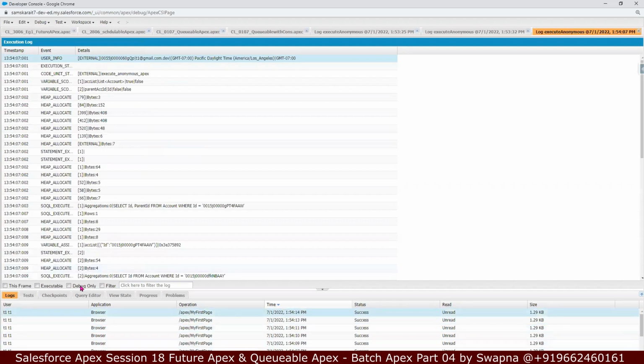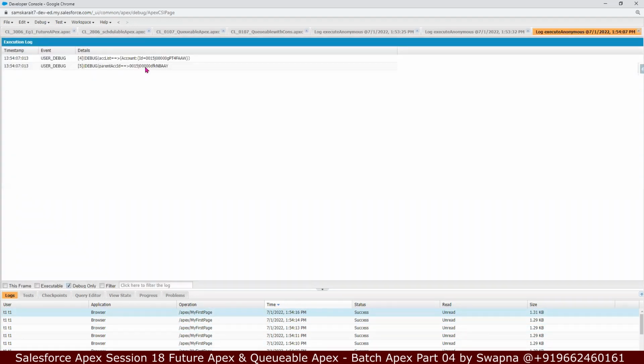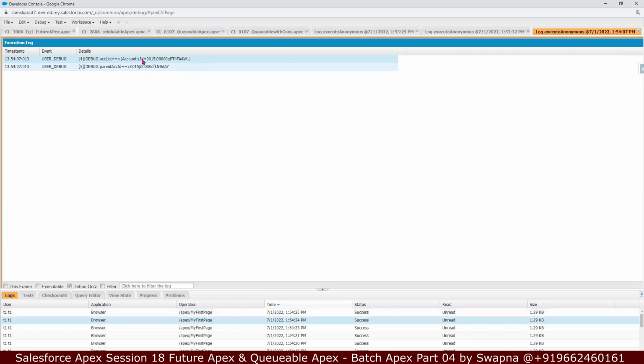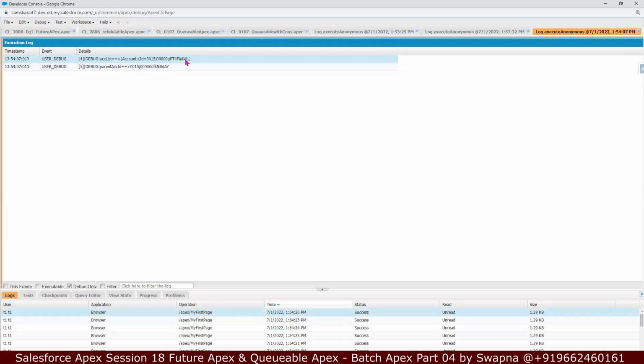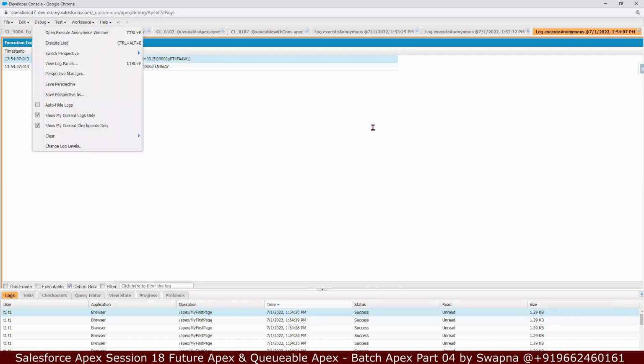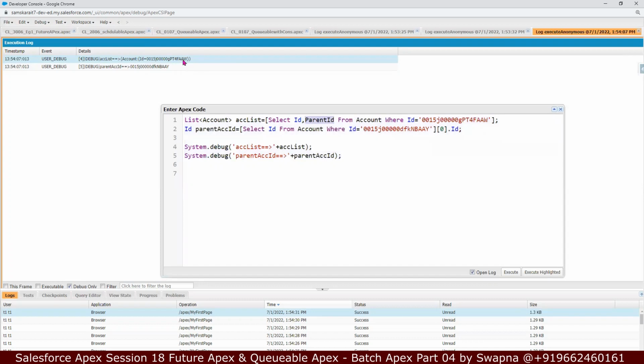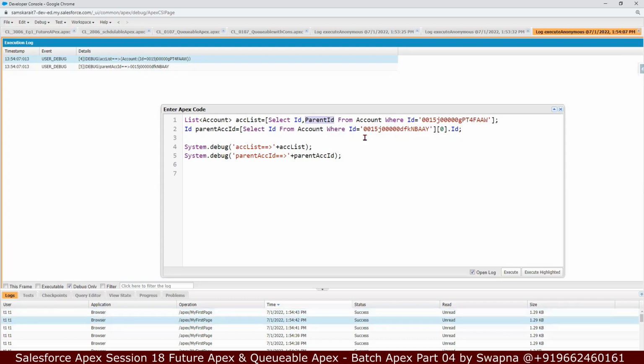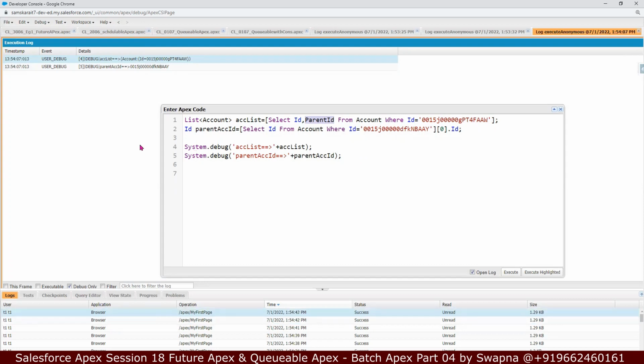Okay. So here in the debug, I'm getting the acc list ID, right? And also I'm getting the parent account ID. Here only the ID I'm getting as data because the parent ID does not have a value, though I'm querying the parent ID also, right? But here it did not give anything, null or anything, because there is no value in the parent ID. So that's the reason it did not print the parent ID. So this is perfect. Now let's go back